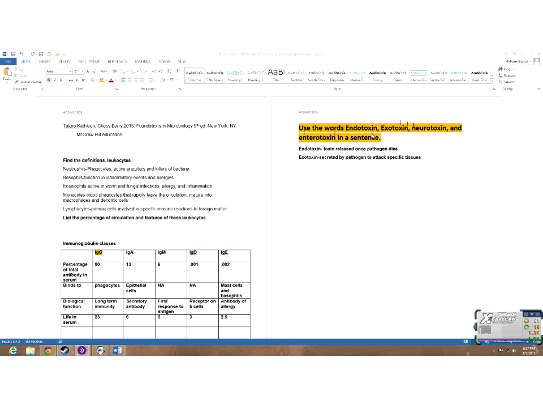So if you were going to use this in a sentence, you would say endotoxins are released once a pathogen dies, once it breaks apart. Exotoxins like neurotoxins and enterotoxins attack specific tissues in the body, and they're secreted by a pathogen and attack specific tissues in a body. Does that make sense? I went really fast, but